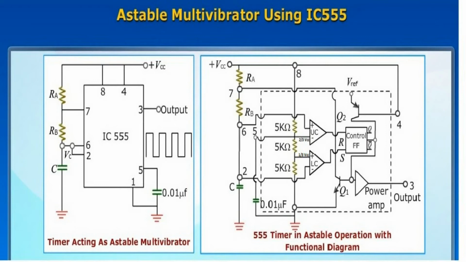The lower comparator positive terminal voltage is 1 by 3 VCC, which is supplied by the voltage divider network, and the lower comparator negative terminal voltage is less than 1 by 3 VCC, which is supplied by the capacitor. Here note that the capacitor is connected to the negative terminal of the lower comparator.